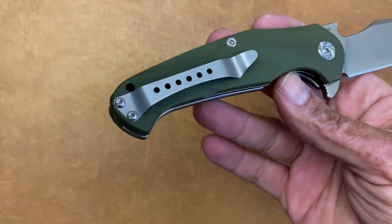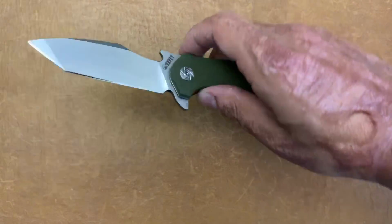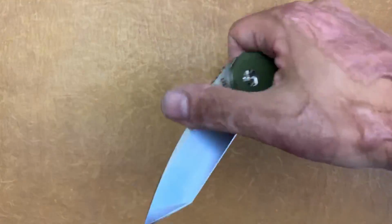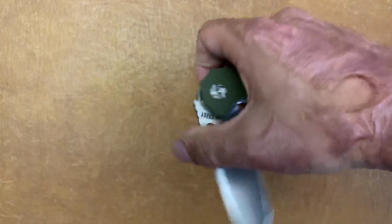You don't have a deep carry clip. It's a pretty funky looking clip. These are rather inexpensive, but I did notice at least this one right here, this D2 did not hold up that well at all. Very soft. I sharpened it a few times and I never could get it to hold a good edge. So